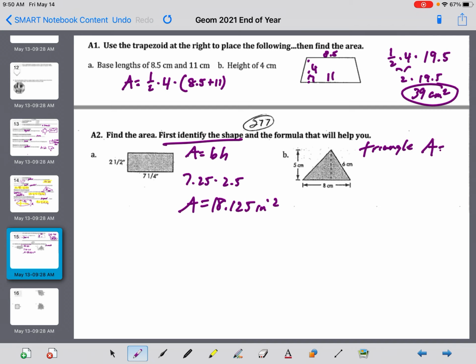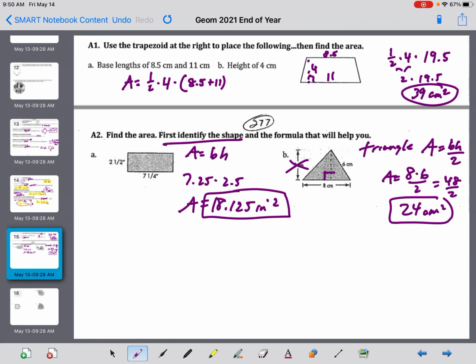This one's a triangle. So we're going to do this formula. Area is equal to base times height divided by 2. I'm not going to use the 5. I've got to use the 6 and the 8. So area is going to be 8 times 6 divided by 2, which would be 48 divided by 2. You can do all this stuff on your calculator. 24 centimeters squared. Areas are square units. Next problem